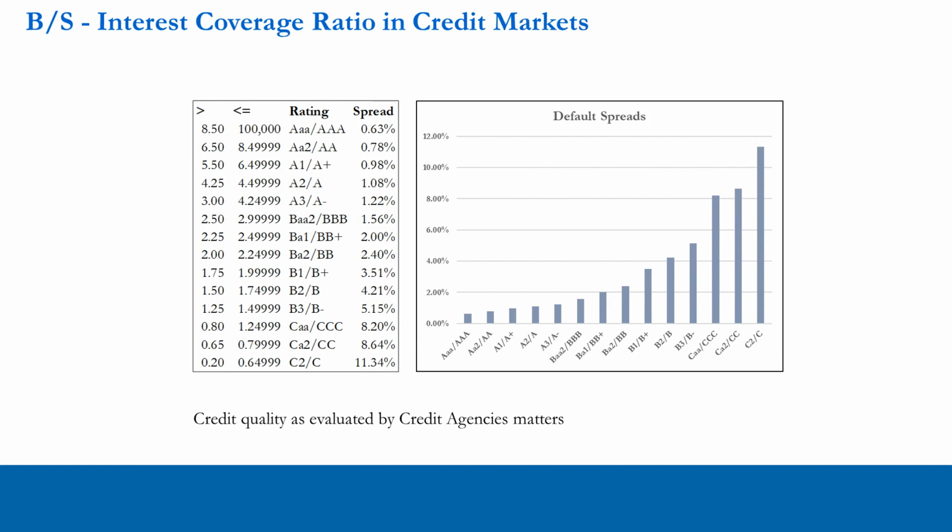So credit rating agencies will look to the interest coverage ratio and use that as an input into determining the quality of the company's credit and the credit rating. So for example, if you think back to our previous example where we had an interest coverage ratio of 3.33, if we look at our credit ratings table, this would constitute a credit rating of investment grade, so above an interest coverage ratio of 3.